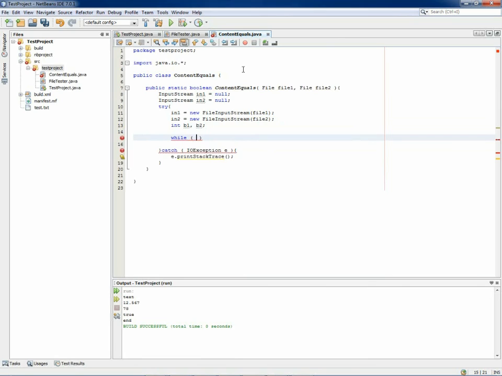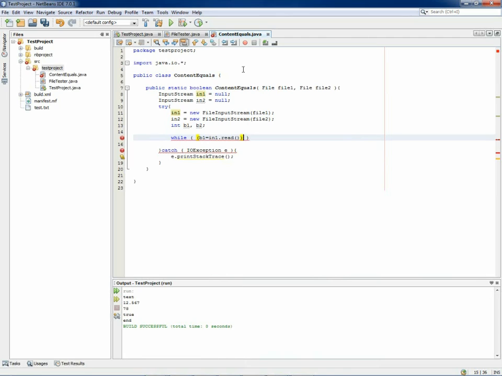Well, this is going to be reading the files. So b1 in each loop cycle is going to get the value that is in1.read. So we read one character here,